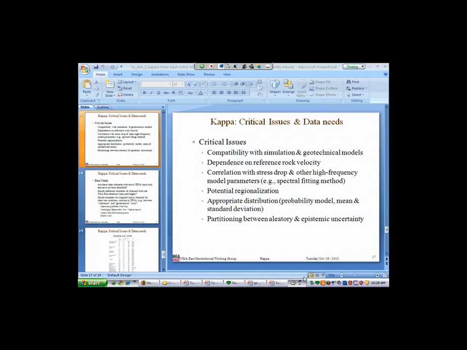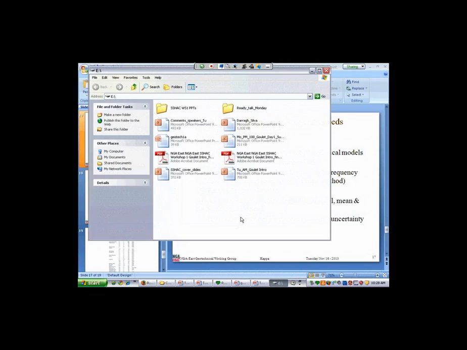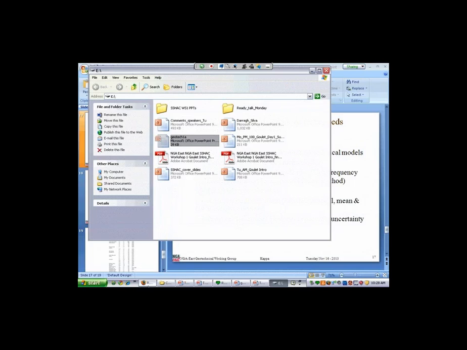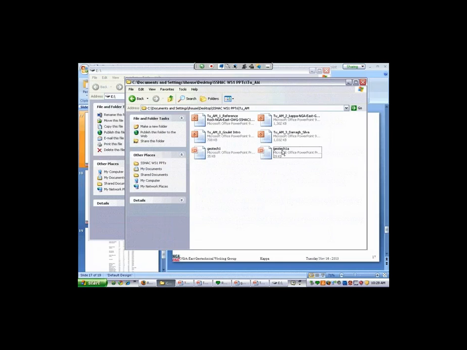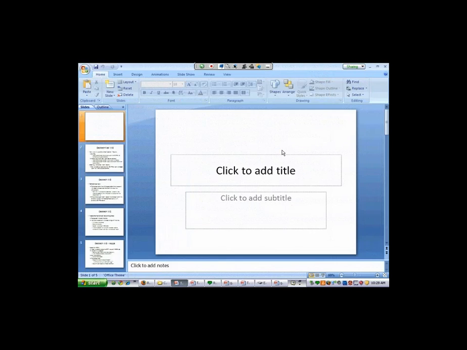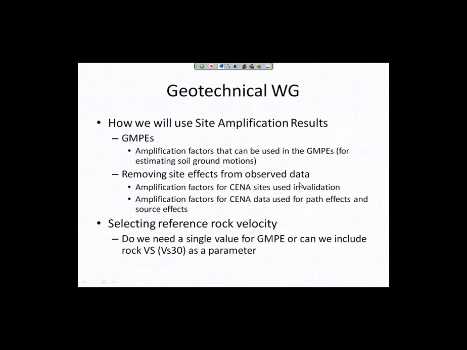I don't know if you did a quick calculation, Dave, but my own feeling is for the high frequencies that we're interested in, this is a bigger deal than the shear wave velocity. If we had numbers like 40% COV of Kappa, that's going to be changing frequencies that matter in a more than 10% way. But I'll let Dave run this.